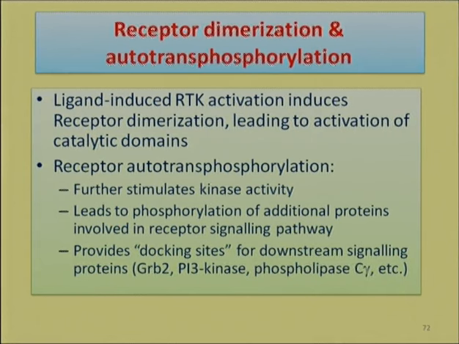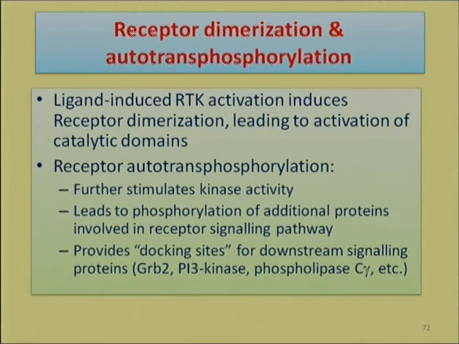So this is a very remarkable feature of RTKs, and this particular fact is asked in so many examinations. Which particular receptor is capable of autotransphosphorylation, or in some cases they just ask transphosphorylation. So we have to keep in mind that RTK is a kind of receptor which is capable of autotransphosphorylation, but this would be brought about only when the receptor dimerizes, and the receptor will dimerize only when the ligand is present. So in the presence of a ligand or the signaling molecule, RTK will dimerize